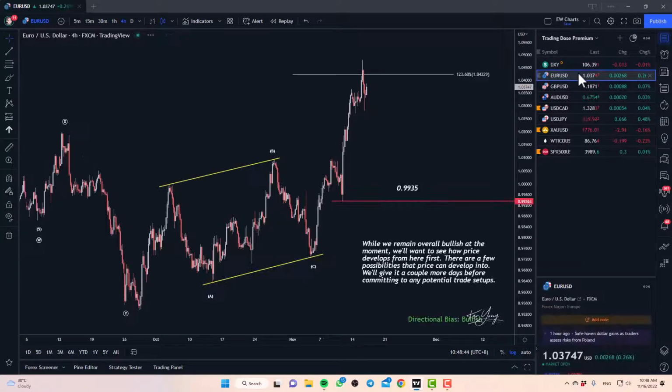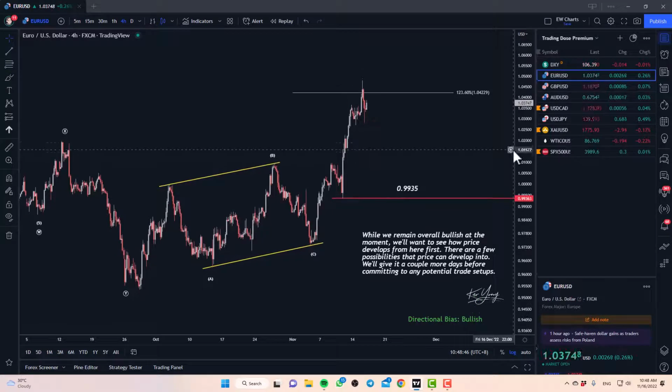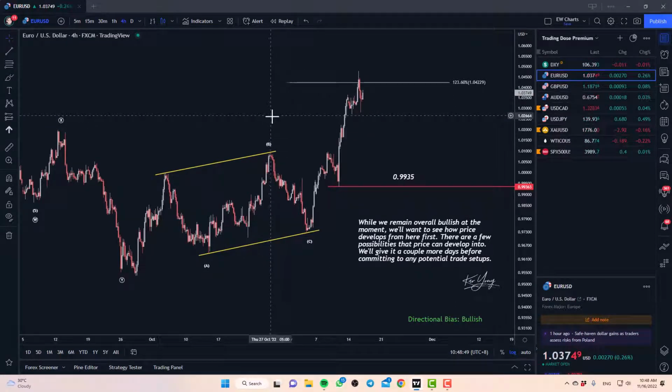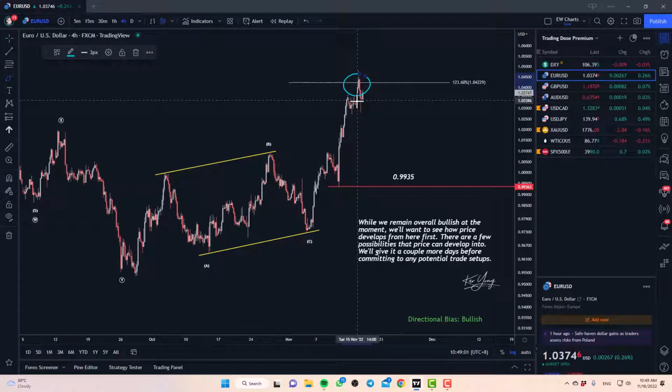If you go over to the euro, we have a little bit of a neutral perspective going forward, at least for the remaining part of this week, because right now we're at what we call a key level where we expect the price to give us more information. This is also what we call an inflection point, where we want to be neutral when the market is around the zone and look for confirmation from the price structure itself.